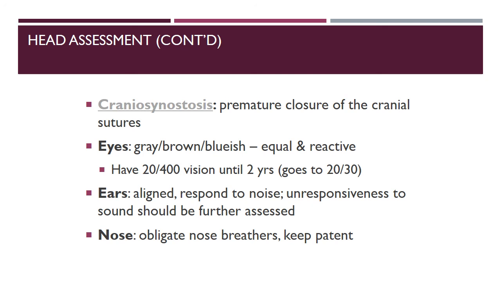As far as our eyes are concerned, they start with gray, brown, bluish eyes, and then they'll develop more of a color as they get older. Of course, you want that good old PERRLA when you're assessing their eyes. And they actually have 20/400 vision until about 2 years of age, and that's when they'll go to 20/30. So that's when you'll see younger kids maybe have glasses to help improve their vision, because they may be having some issues transitioning to a more